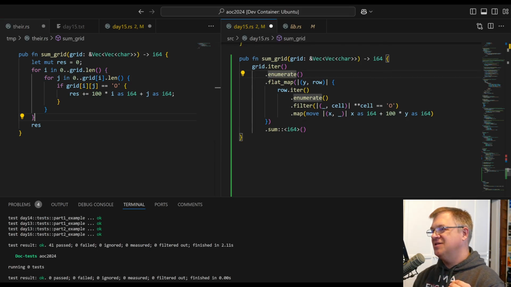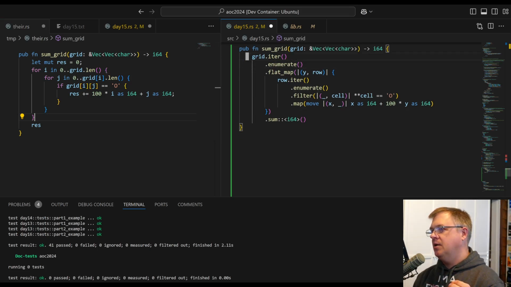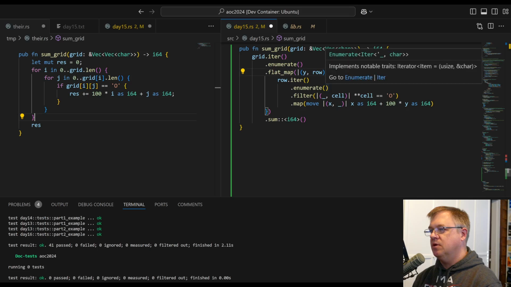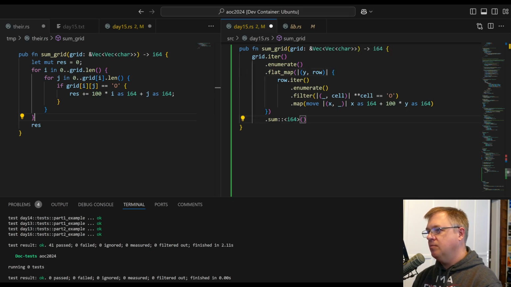My version is over here, and the nested for loops are actually shown here, where we have one here and we have one here, and combining this with iter and enumerate is going to be the pattern of accumulating the x and the y value as we walk through this. Arguably, this is perhaps a little bit harder to read until you start thinking in iterators, and